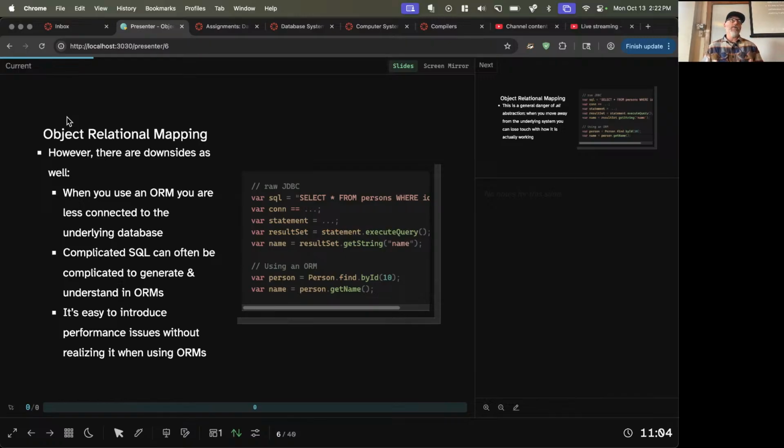So that disconnect, the fact that it doesn't tell you this is a bad idea, often makes people dislike it. The SQL that's generated by object relational mapping tools can be pretty awful to look at, and it can be hard to understand as well. So a lot of downsides, and again, I'll try to find two articles, one that's like, I hate ORMs and here's why, and then one that's an article on why ORMs are good,